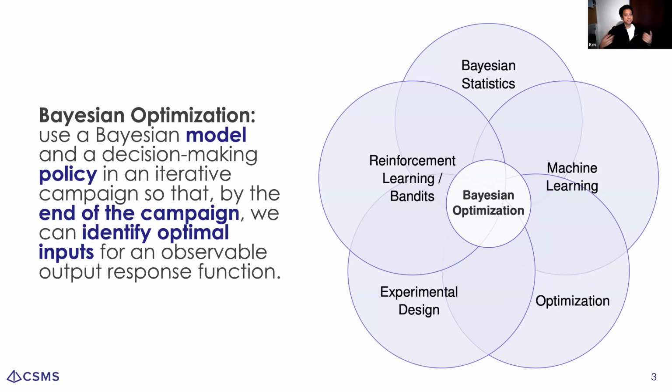And so people who are more familiar with these other fields and are going into Bayesian optimization carry that baggage along with them. They say, I know from machine learning, I care about accuracy of my model. Maybe that's what I care about in Bayesian optimization. And the correct answer is no, you don't care about accuracy of your model. People hear this and it sounds blasphemous, but that's just one example.